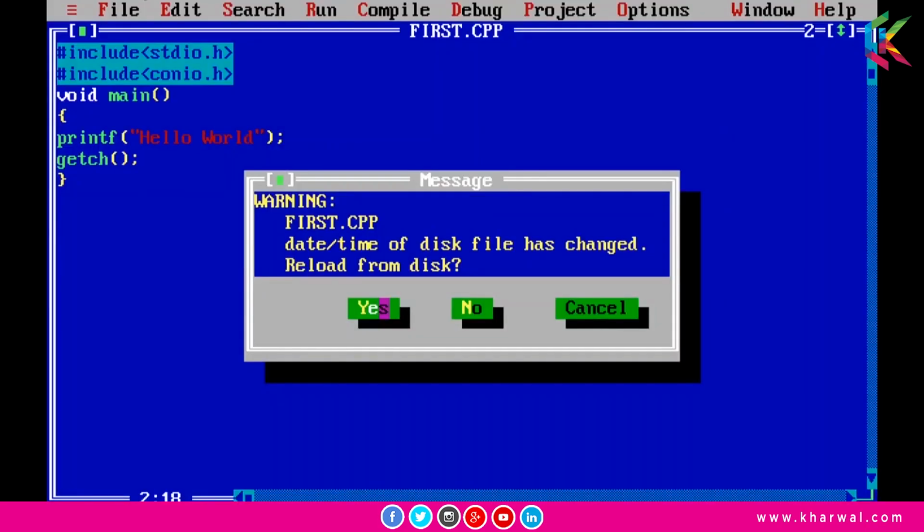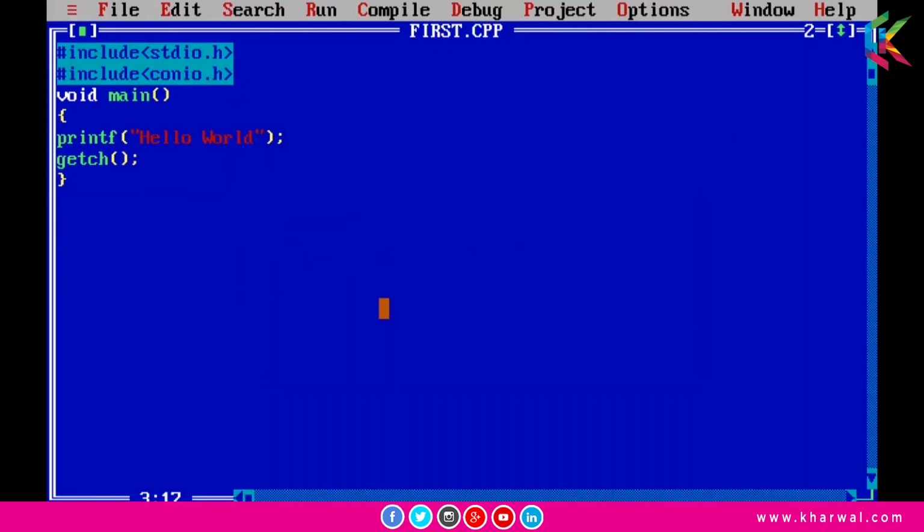So we need to remove this problem by using a function, and that is the clrscr function. So we need to include the clrscr function to resolve that problem.